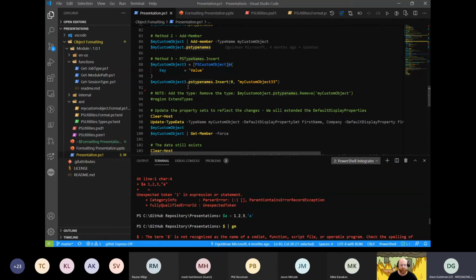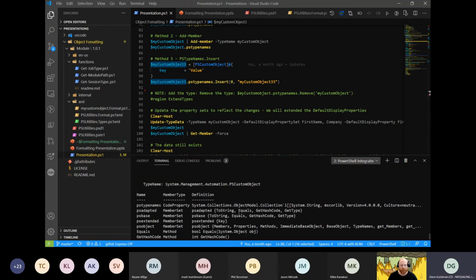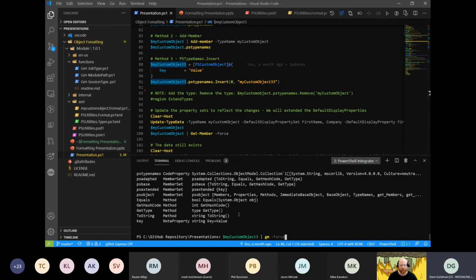So now if I go back to custom object 3, I'm actually going to use some of these. We clear the host. I'm going to do custom object, pass it to get member, and I want to do a force on this.